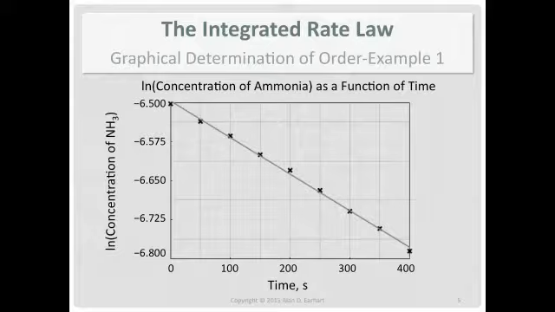Look at the data with respect to the line. When you start off at time 0, the data is below the line. And then as you go from left to right, the data goes above the line, and then it drops back below the line. That suggests that the data is really a curve and not linear. So I should not have plotted that line, which means it doesn't appear to be a first order reaction, which is what's expected. The zero order data fit a straight line, so we go, hey, it's zero order. Well, it can't be zero and first order at the same time, so this shouldn't also be a line.